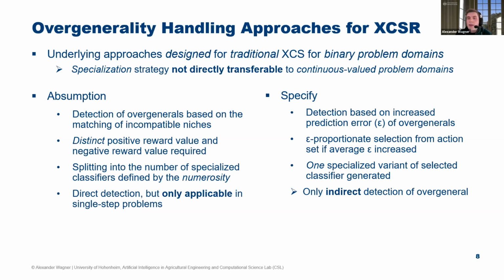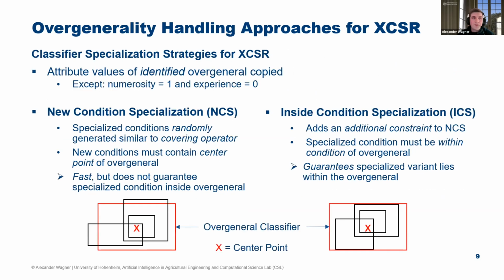In Specify, the detection is based on the increased prediction error of overgenerals. There the overgenerality is detected in case the prediction error of the action set is above a certain level of the average prediction error in the population, and then a prediction-error-proportionate selection is performed, and for this selected classifier one specialized variant is created. In Specify only an indirect detection is performed, but it works in single- and multi-step problems. So to create over-generality handling for continuous-valued problem domains, we designed new